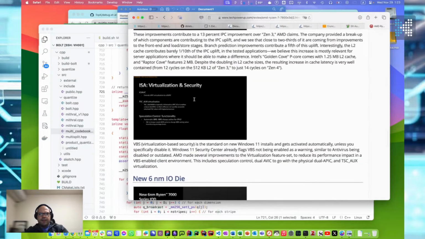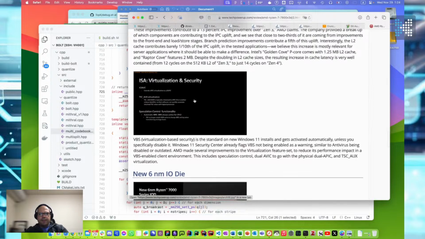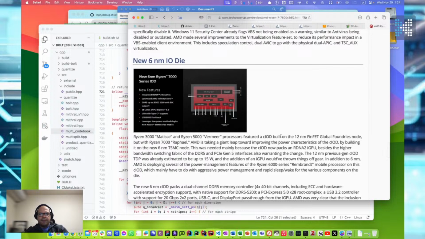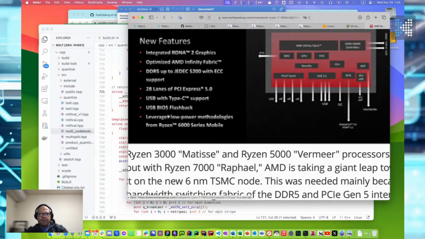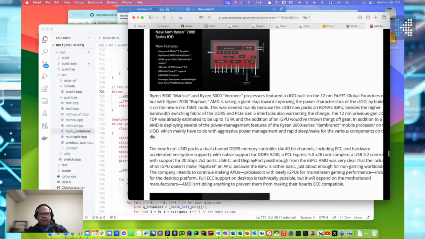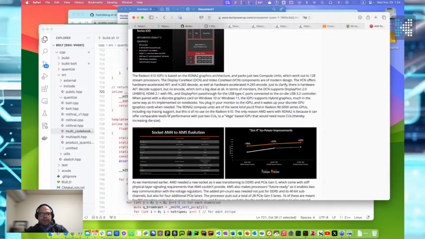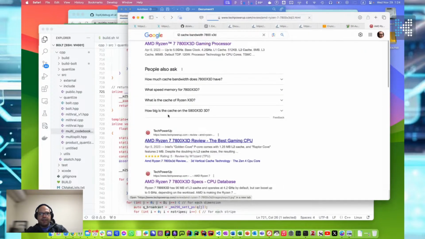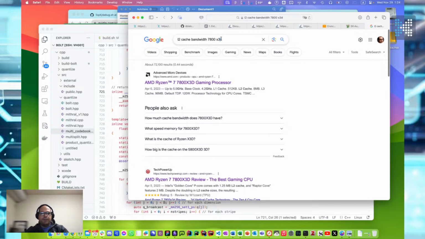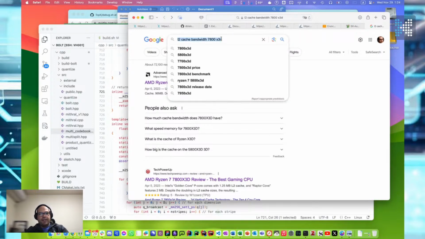Like 12 cycles. Does it have any? I'm not sure they have any bandwidth figures, but if we do DDR5, right? DDR5